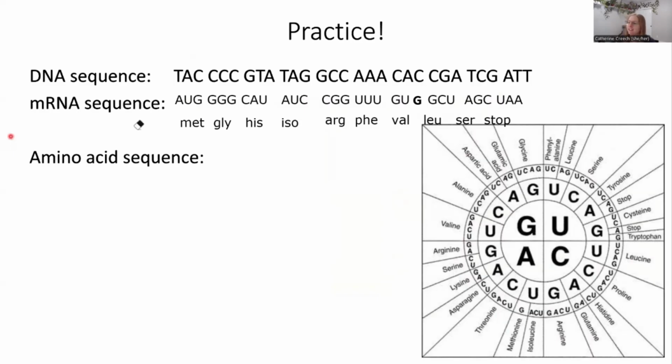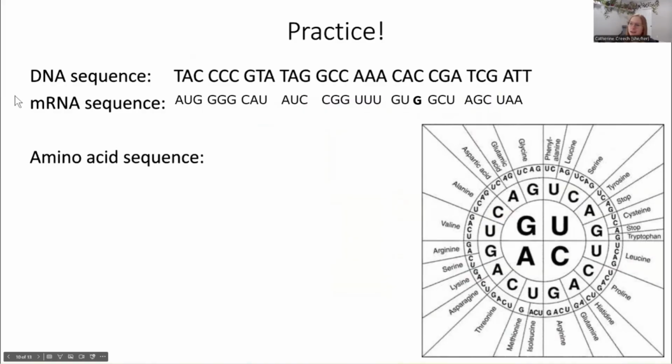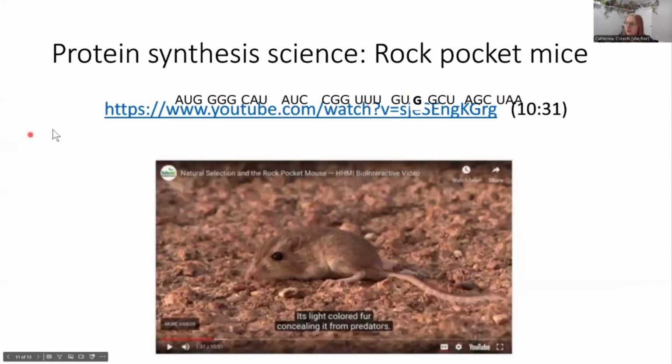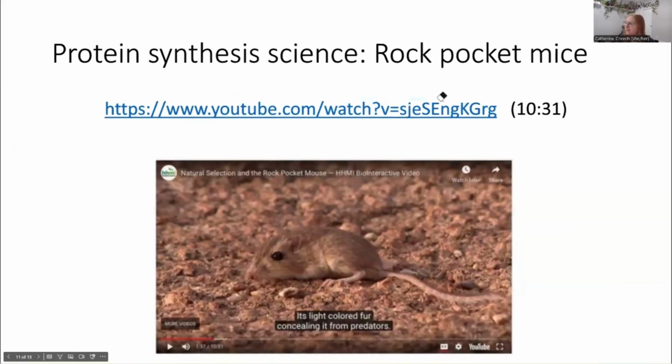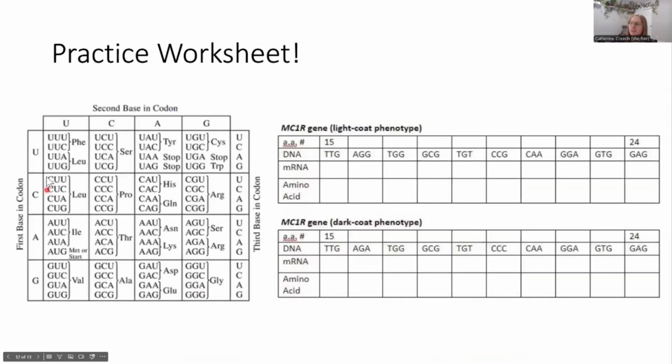I'm going to go ahead and delete those, and then I'm going to give you another practice opportunity. You are going to watch this video, so it's linked there. It's about rock pocket mice. They're really adorable. It's a great video, and it's going to introduce the mutation in the gene that controls their color. You're going to have a practice worksheet, and you're going to use this practice worksheet to do transcription and